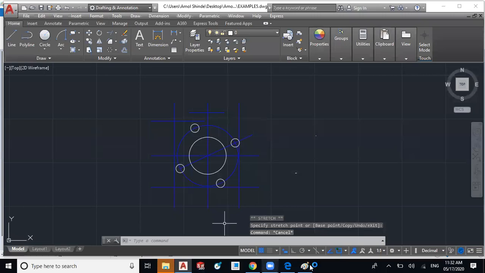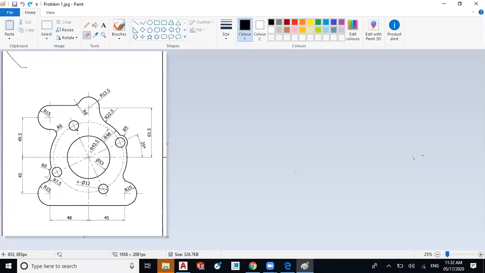Now we have to create circular portions at given centers. We have created all the centers, so we will draw the circular portions. Now we have to draw the circles of 15. So I will select the circle command and draw the circles. Now at the bottom we have to draw 15 at both the ends.